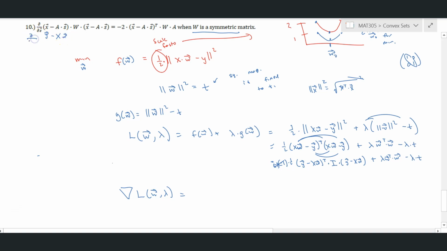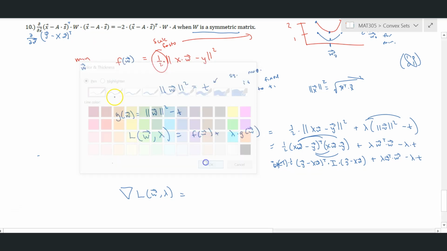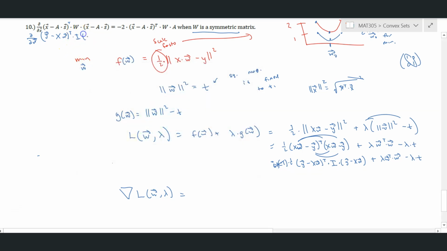So we are looking at the derivative with respect to w, multiplied by the identity, which is our W, times y minus Xw. And so what does that come out to? Well, we have the 1/2, which is the coefficient here, so I'm just writing that down, times the derivative of that, which will be negative 2 times y minus Xw